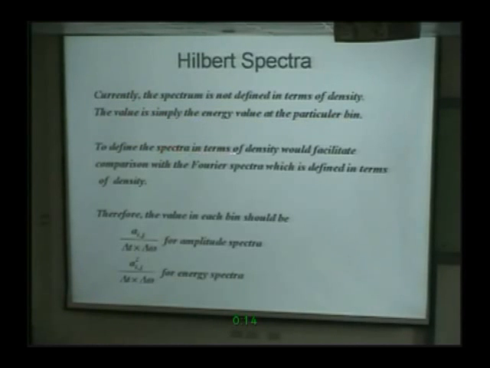So define the spectrum in terms of density; only when we define density can we make comparison with Fourier. Therefore, the value in each bin should be A_ij divided by delta t times delta omega for the amplitude spectrum, and A squared divided by delta t delta omega for the energy spectrum. Once you evaluate this in density, then you'll find that